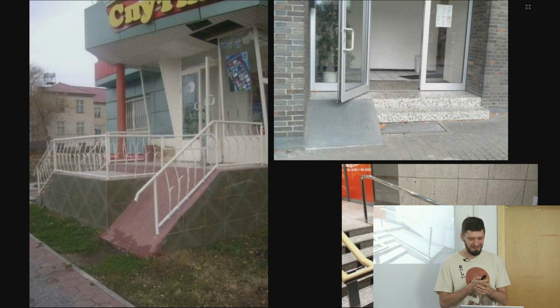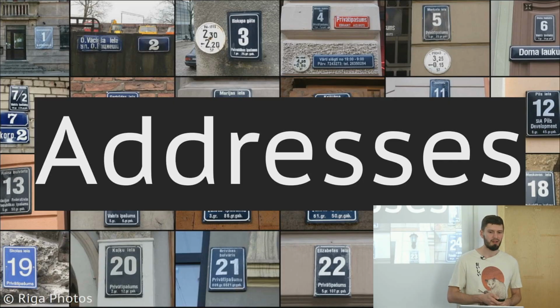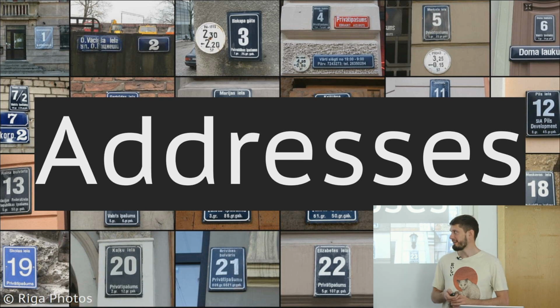So, attributes, search the wiki, check for Overpass Turbo. OpenStreetMap will surprise you with what you can find in it, because people are really thorough in OpenStreetMap. Addresses are like the entire topic itself. Thing is,